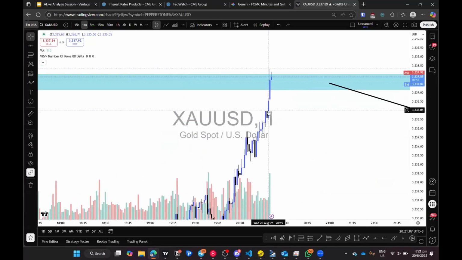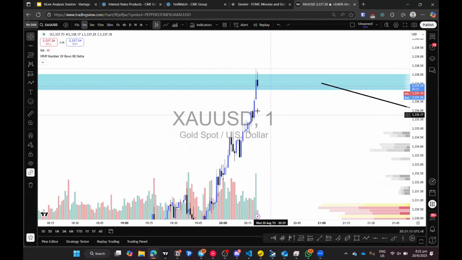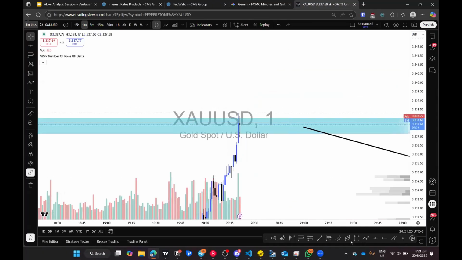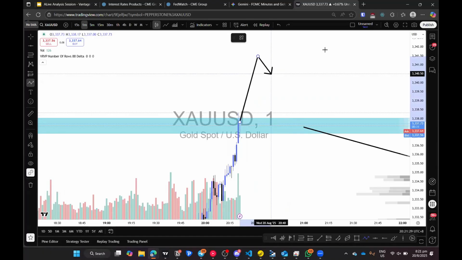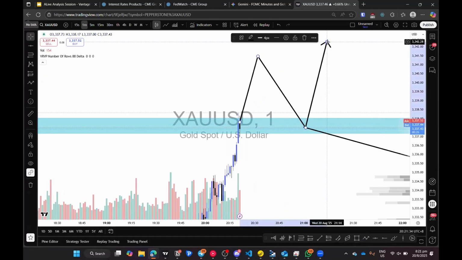But once it gets up to this level, this push to the upside is due to this small group of sellers here. A small group of sellers here, they got stopped out. They came in prematurely, too early into the market, and then they got stopped out, pushing it up here. And you can see there aren't any new buyers coming in here. If there are new buyers coming in, then we'll wait for that retest to push it up. So right now there isn't any evidence of buyers coming in.